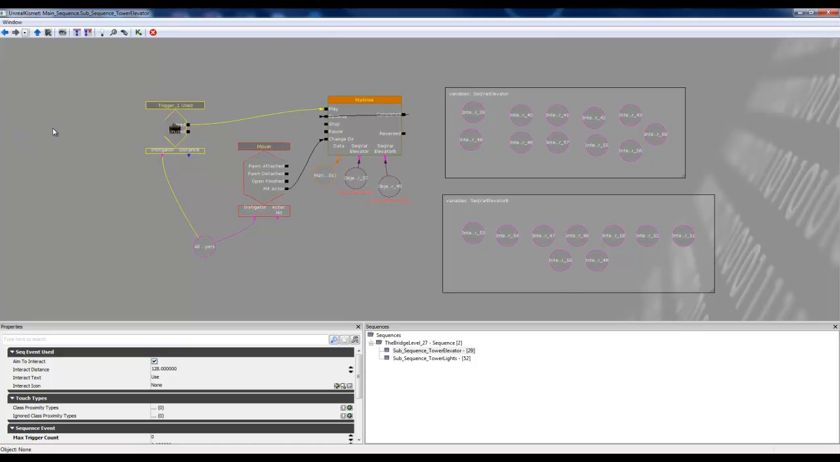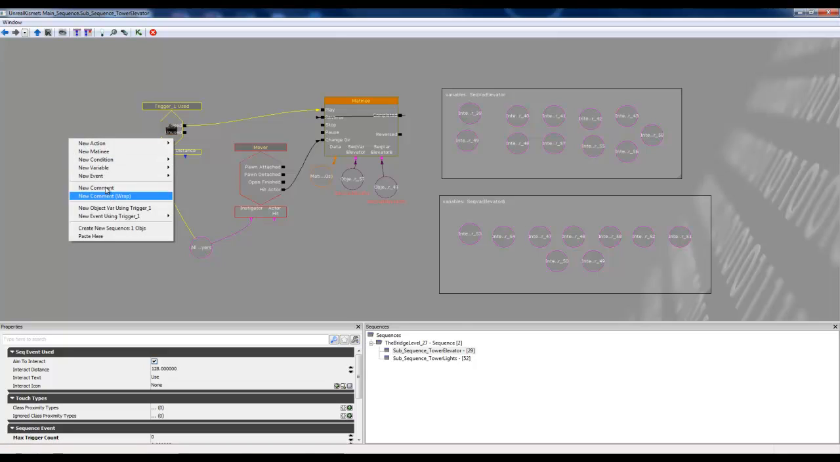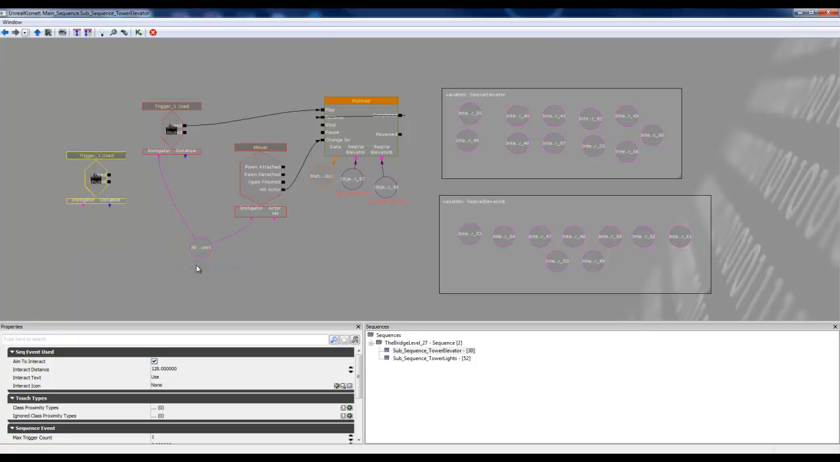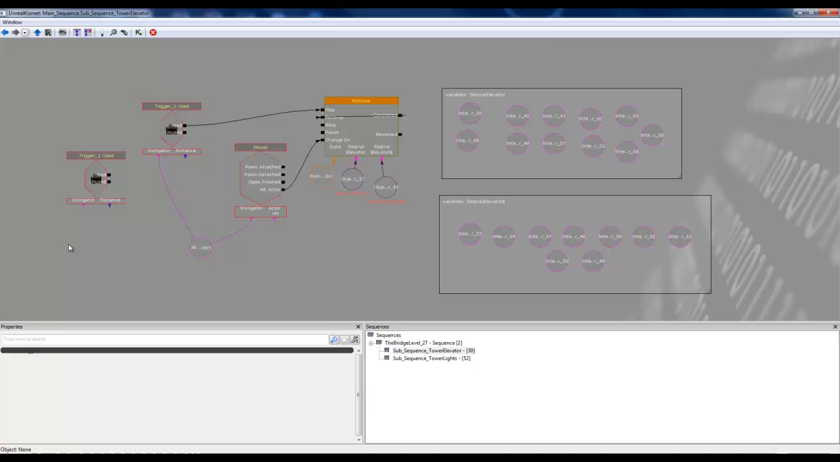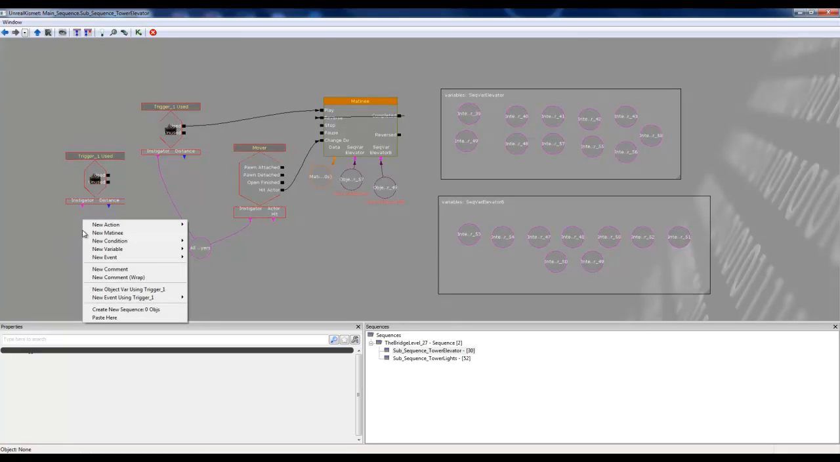So in order to use that type of trigger, we right click in our work area space, New Event using Trigger 1, and Used. And since I want all players, including my bots, if I put bots in here, to be able to use this,